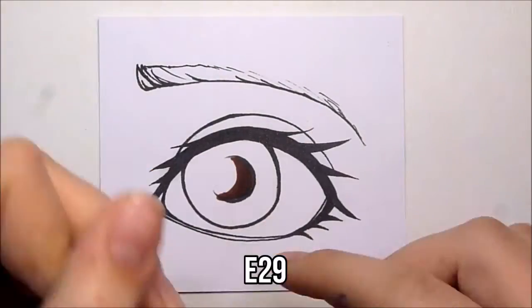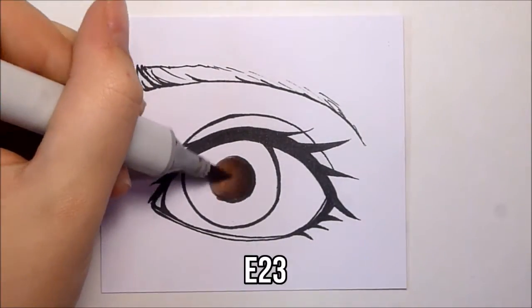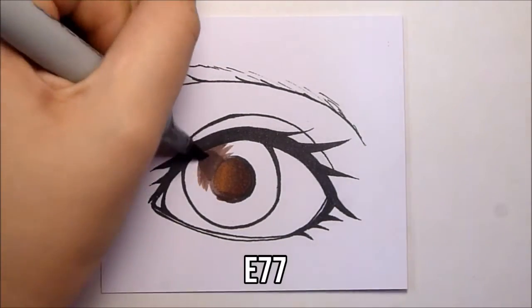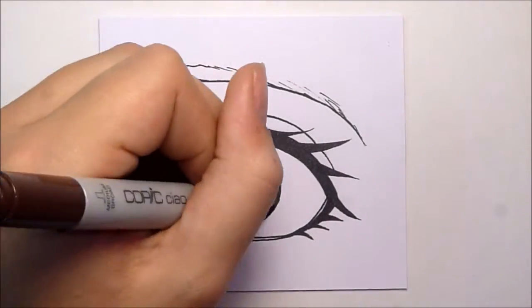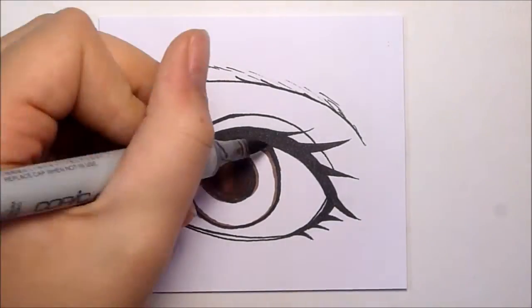So the difference between this eye and the eye before is that the pupil is not closed, so that means the pupil is going to blend into the eye, and it's kind of a slightly different style of coloring and a different kind of way of drawing eyes that people do sometimes. So I left the upper part of the eye darker than the other one. I didn't really leave a highlight because the highlight for this one is going to come in with the jelly